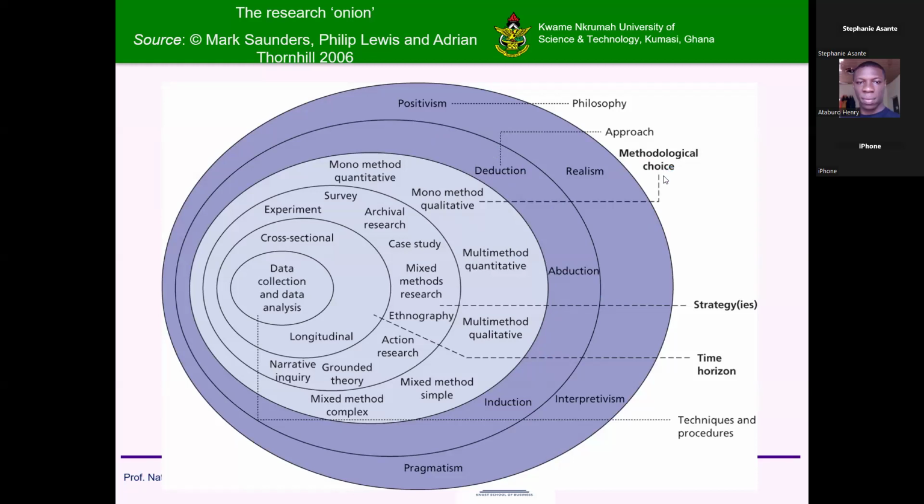Okay, and the methodological choice has to do with how you are actually going to capture data from the empirical setting. Okay, and there are two key ones: quantitative and then qualitative. Quantitative and qualitative, these two. Quantitative means you are going to assign a numeric value to the observations you make. You are going to quantize the data you capture from the field in order to be able to analyze them with statistical software. Qualitative means that